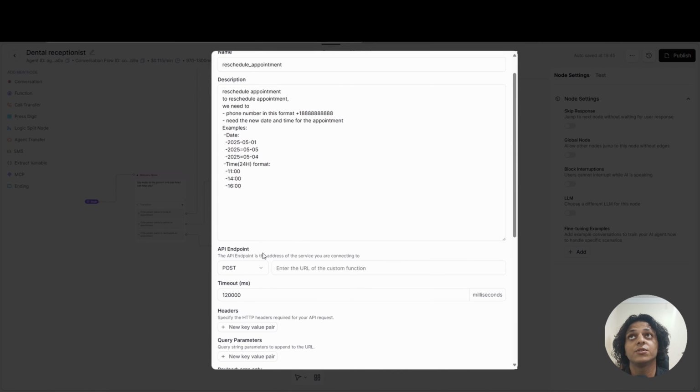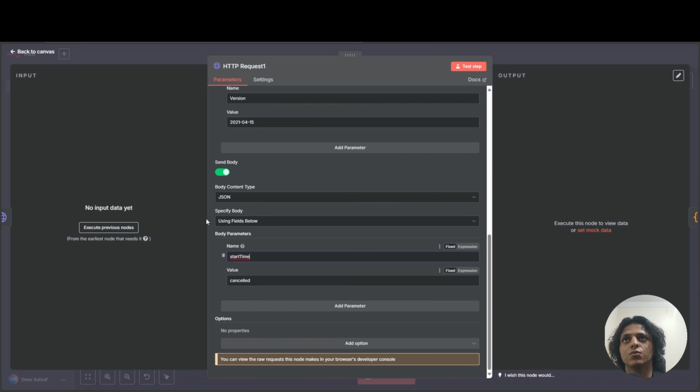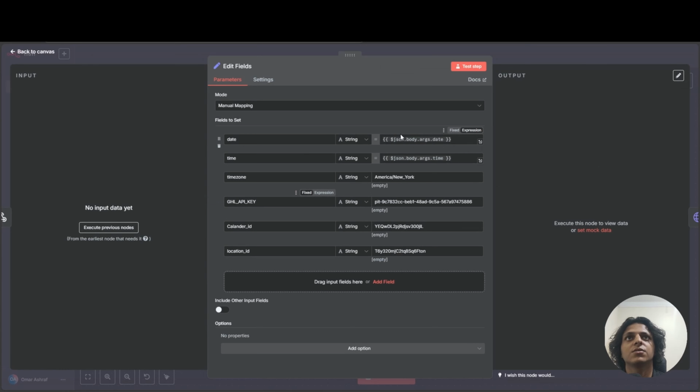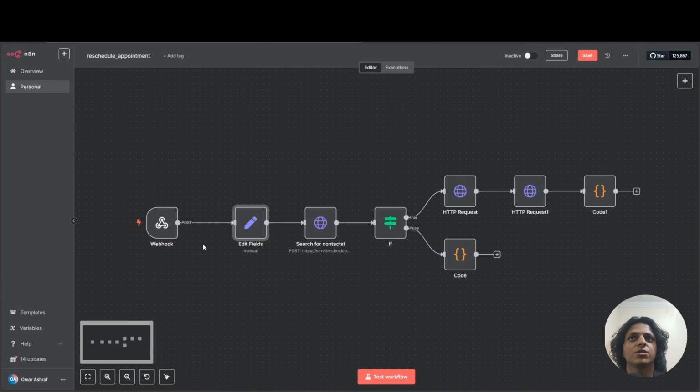For the API endpoint, we're going to n8n and create a new endpoint, and we're going to call it reschedule appointment. Then we're going to copy the cancel appointment function, because it's the same logic, but instead of changing the appointment status, you're going to change the start time. So instead of appointment status, we're going to put start time, and the value cancelled, we're going to change it to the requested date and time. So here we have the date and time, but first we need to change it to ISO format